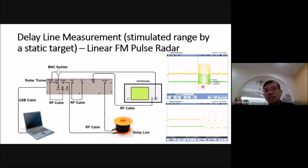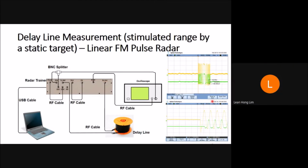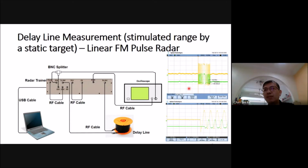Okay. So this delay is actually due to the distance travel. The RF frequency signal travels in the delay line and is received by the receiver. Right? So if we zoom in on this received signal,